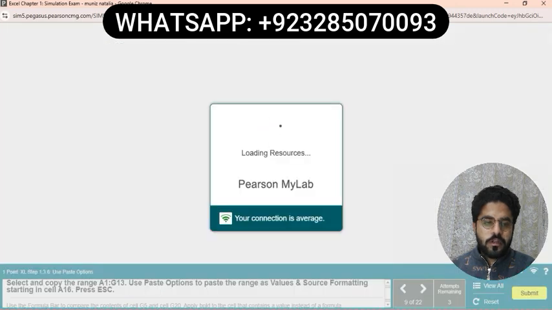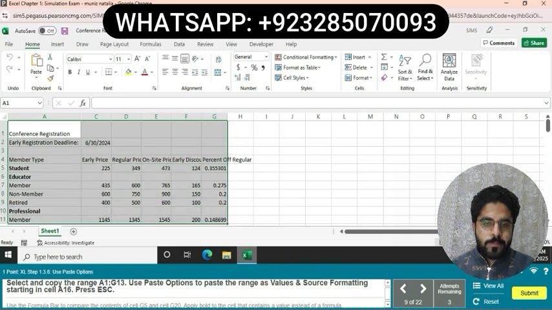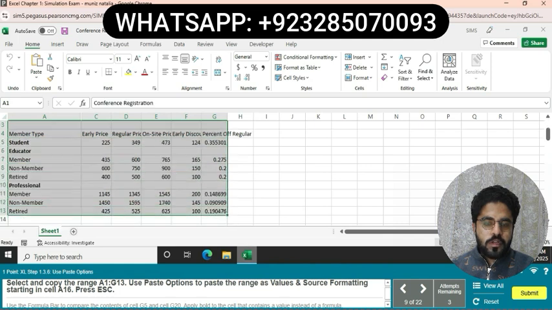Question number 8. Select and copy the range A1 to G13. Use paste options to paste the range as values and source formatting, starting in cell A16. Press ESC button. First we select the range A1 to G13 and use the shortcut Ctrl C for copy,